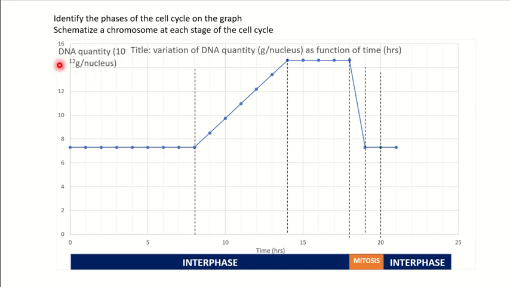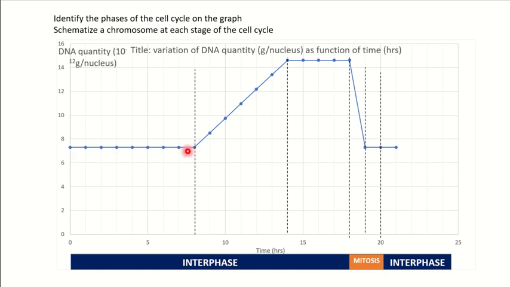If I want to draw the graph, it will be like this. I want you to identify the phases of the cell cycle on this graph and schematize a chromosome at each stage of the cell cycle. Now, as you see, all of this is interphase, and when we have a drop in the DNA quantity, it is mitosis. To identify the phases of interphase on this graph, you have to consider the duplication of DNA quantity. As you see here, I have